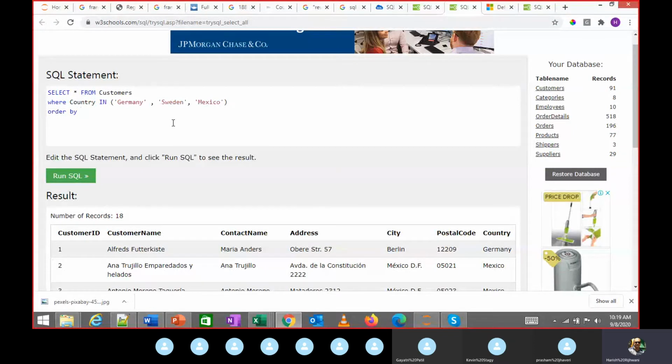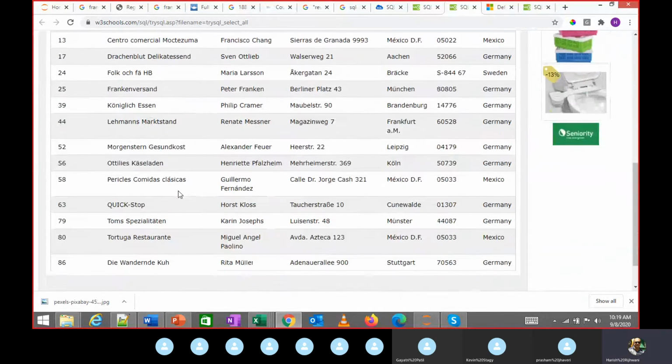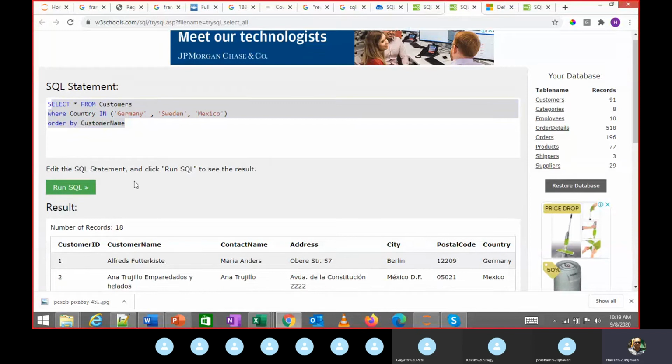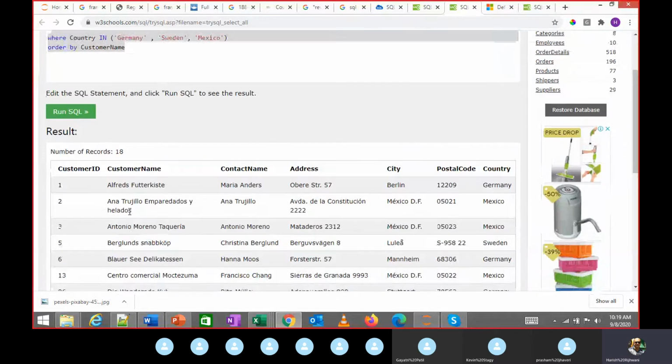Again, this is a clause, order by customer name. I'm assuming that is also kind of sorted. If not, no, it's not sorted. If I run this, the data gets sorted by customer name.